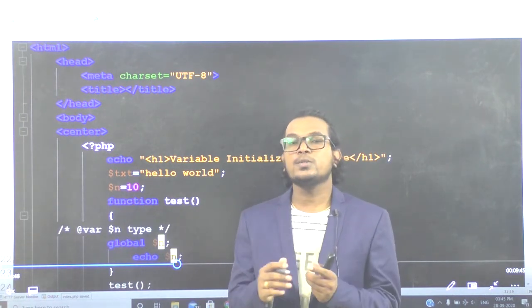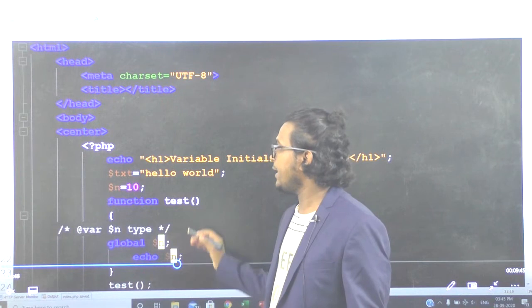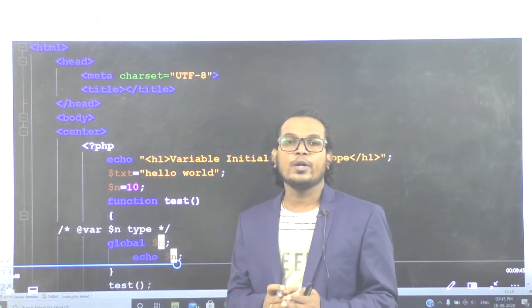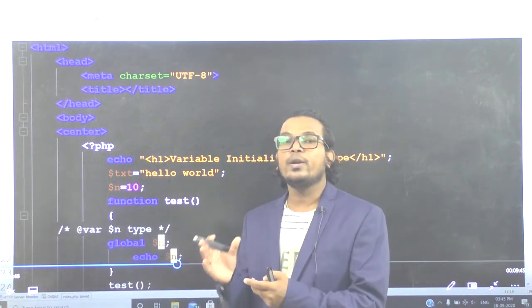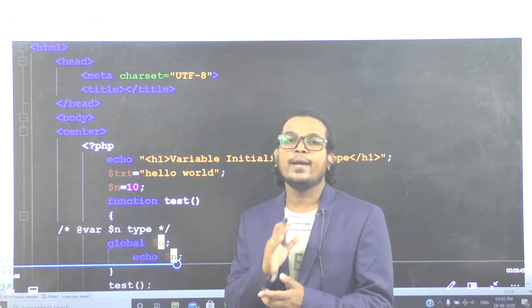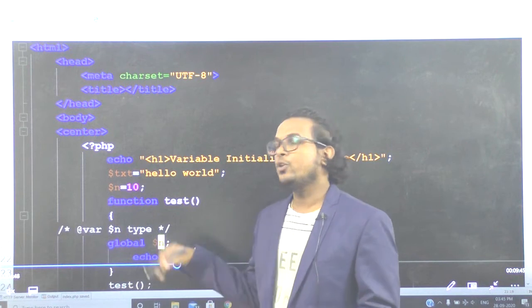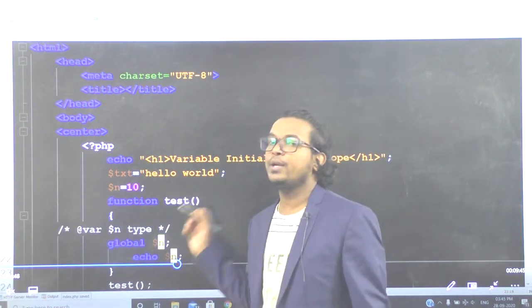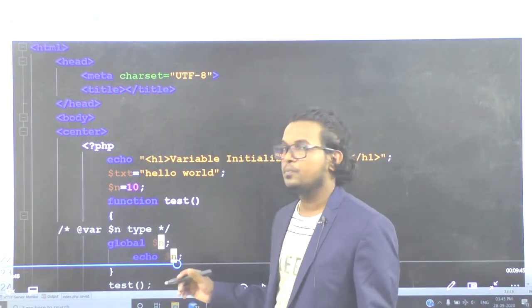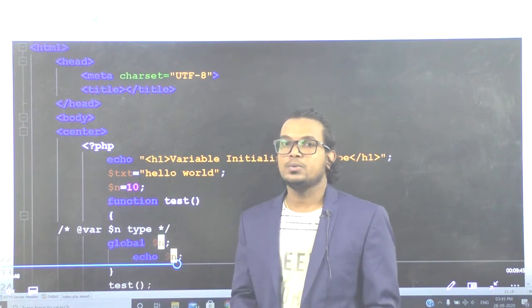Otherwise it will not. Clear? If you define the global, then only can we use that n equal to 10 value inside the function. Otherwise we cannot use it.